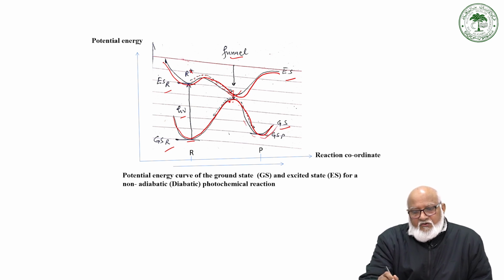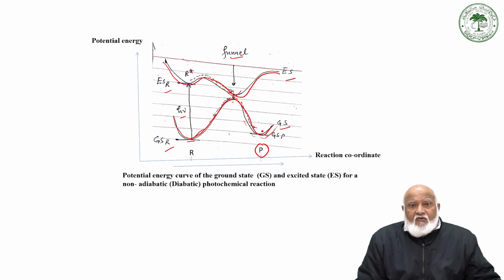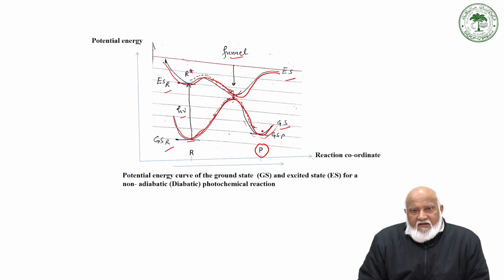But here there are two possibilities. The excited state reactant can come back to the ground state reactant, or it can proceed further to the product. This type of reaction is best exemplified by photochemical cis-trans isomerization of alkene, where the more stable trans isomer can be converted to the less stable cis isomer,